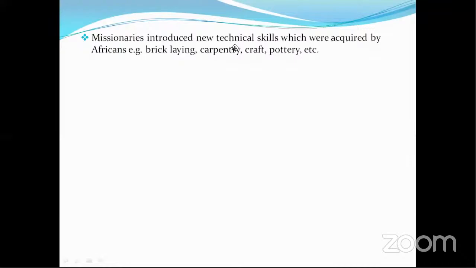They developed agriculture, that is right. And we have already mentioned that. Okay, thanks for the contribution. Okay, we have gone back to our points here, and we have said that missionaries introduced